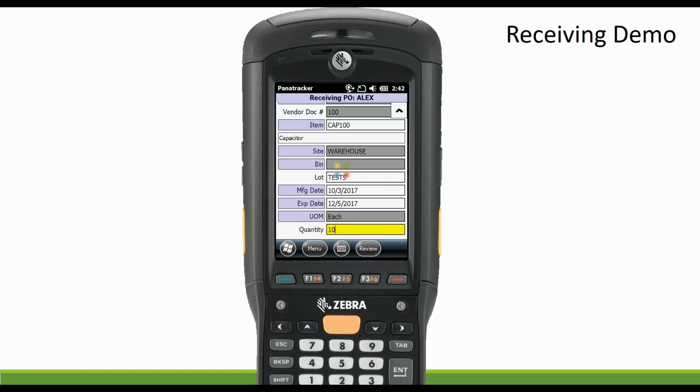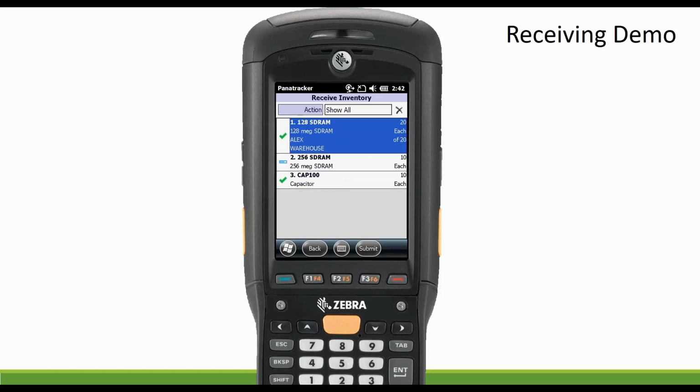I can key in my quantity and hit enter. Just like that. If I go to my review screen, you'll see now I've received all of my 128 SD-RAM. I've received all of my CAP 100. And I've received 10 of my 256 SD-RAM. If I hit the submit button, Panatrack application is going to process for just a moment